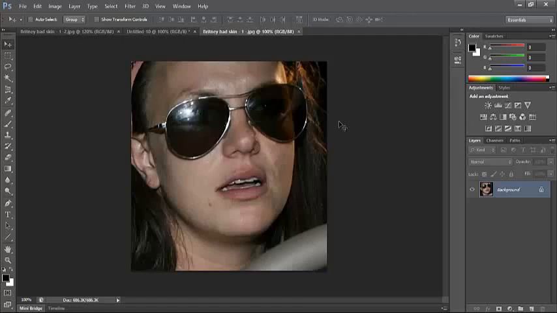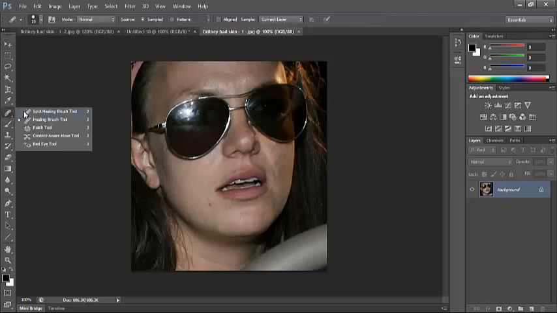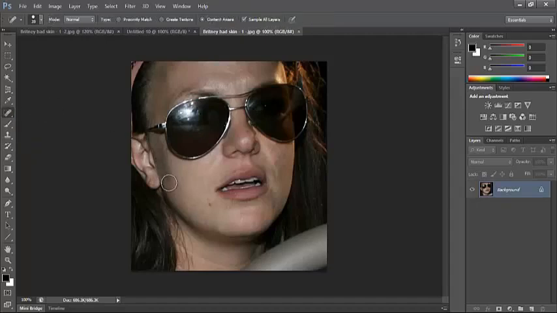Once you've found the image that you would like to edit in some way, be that remove spots, remove blemishes, change skin colour, change lip colour, whatever it will be, the first thing you need to do is select on the left hand side. You've got, or you should have, an icon over here that looks like a plaster. You've got two tools here which look very similar, but we're today going to be using the spot healing brush tool. And what that allows us to do is it will give us a